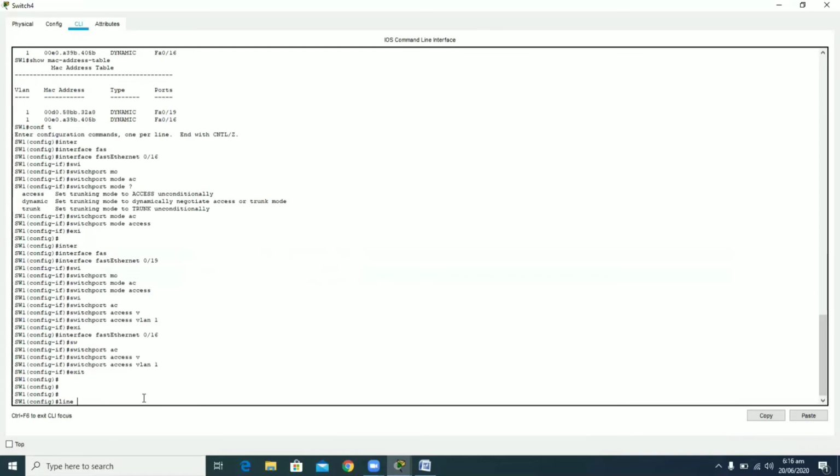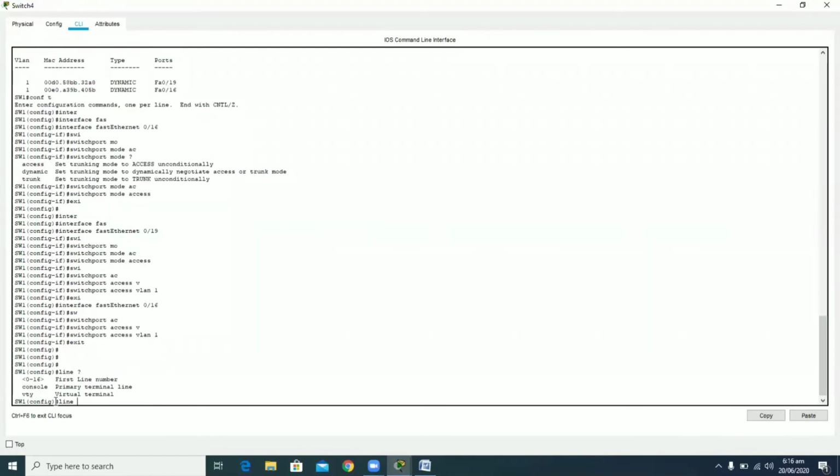So we have to configure two different lines, that is the console line and the VTY, the virtual terminal or telnet lines, for our login features. There isn't any auxiliary port available on our switch, so there are two options, the console and the VTY.